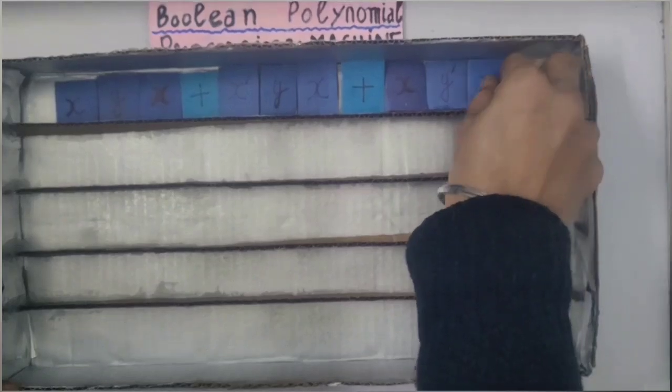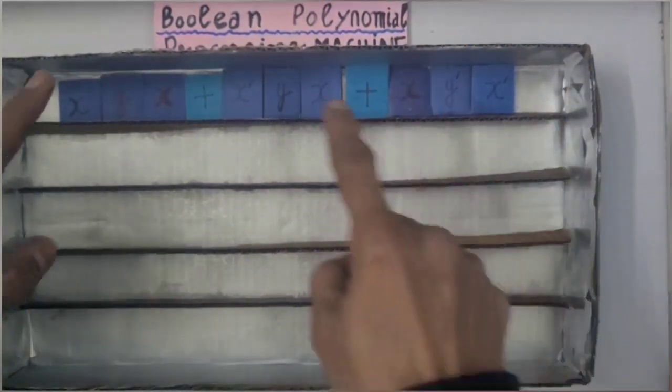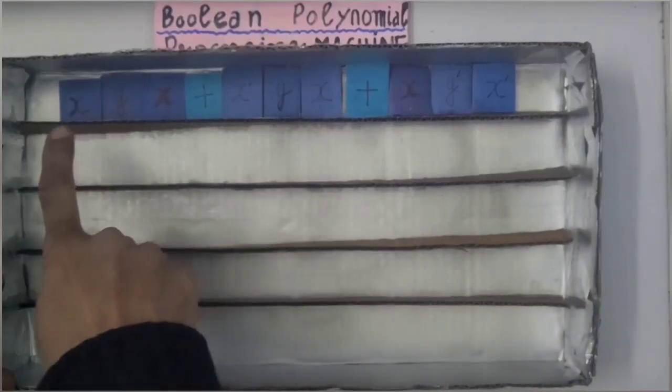This was my Boolean polynomial p, and now I put this Boolean polynomial p in this processing machine, and now